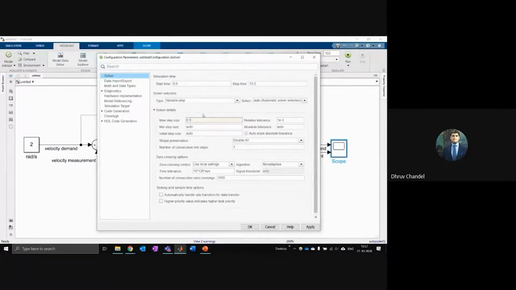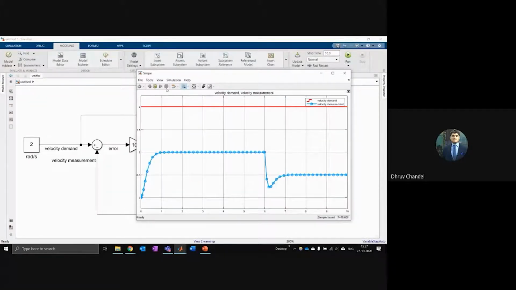And it's safer to sample at 20 times the frequency, actually. I'm just going to change this to 0.1 for now. When I run this again, you'll see there are a lot more points, and this is captured much more smoothly.